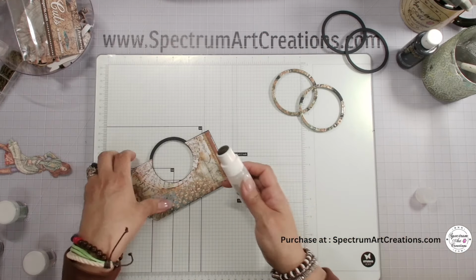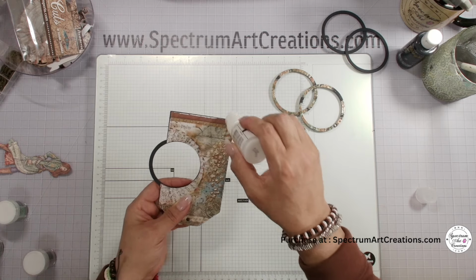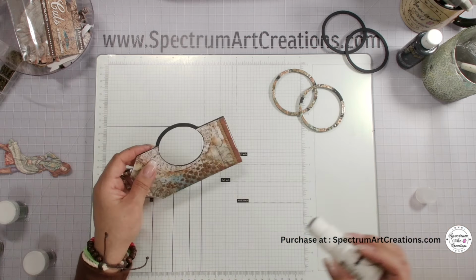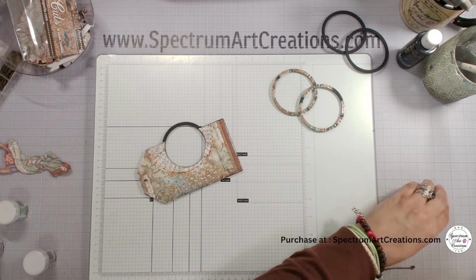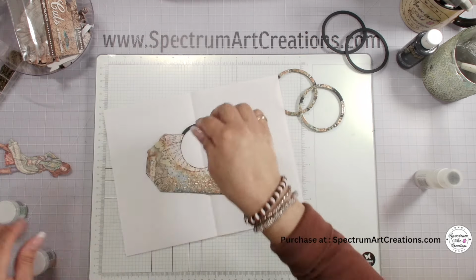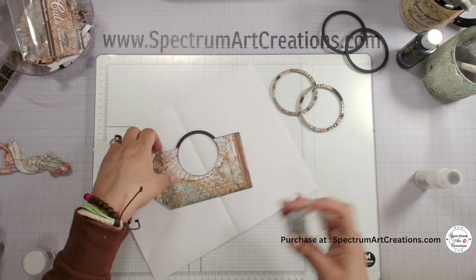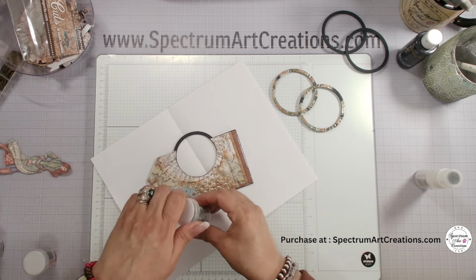Okay, we are now going to do something else. We're going to distress, not with an ink, but we're going to distress with embossing powders. Yes, do not forget, because sometimes we just kind of overlook it, that you can use your embossing powders for distressing or inking up your edges instead of using ink. We're going to use